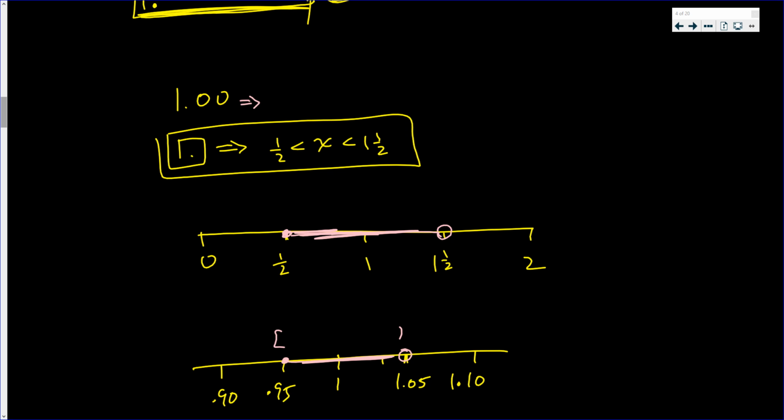So this would mean that what you're measuring is between 0.95 and 1.05, can equal 1.05. Okay, in other words, if you have